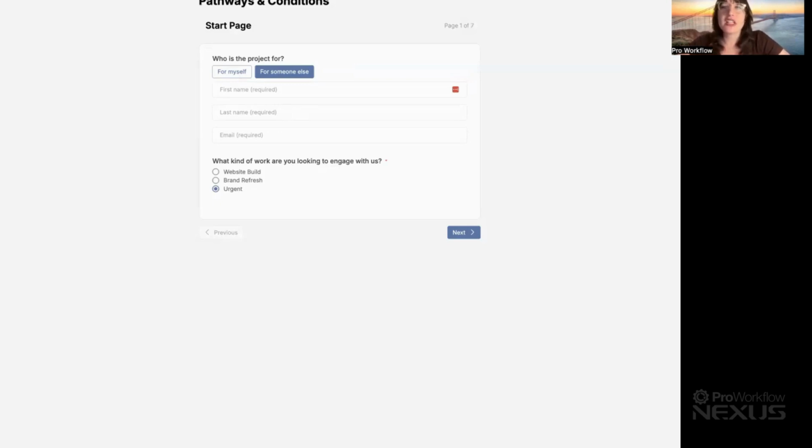Now, forms don't just collect information, they can also automate how projects are created. Like you saw a second ago, depending on the answer submitted, the system can apply different templates, populate different fields, assign managers, wrap projects into specific work stages, and launch entirely different workflows. For example, a marketing request form could create a project, assign the right team, apply a social media workflow